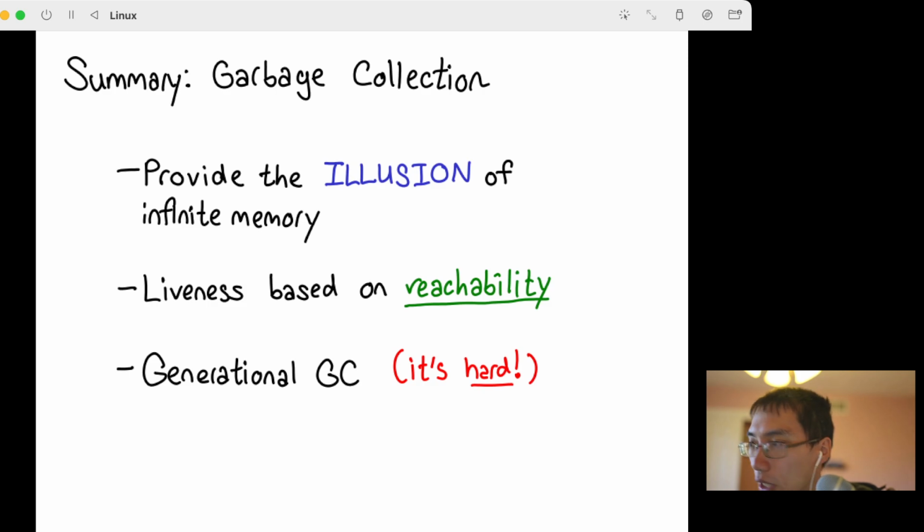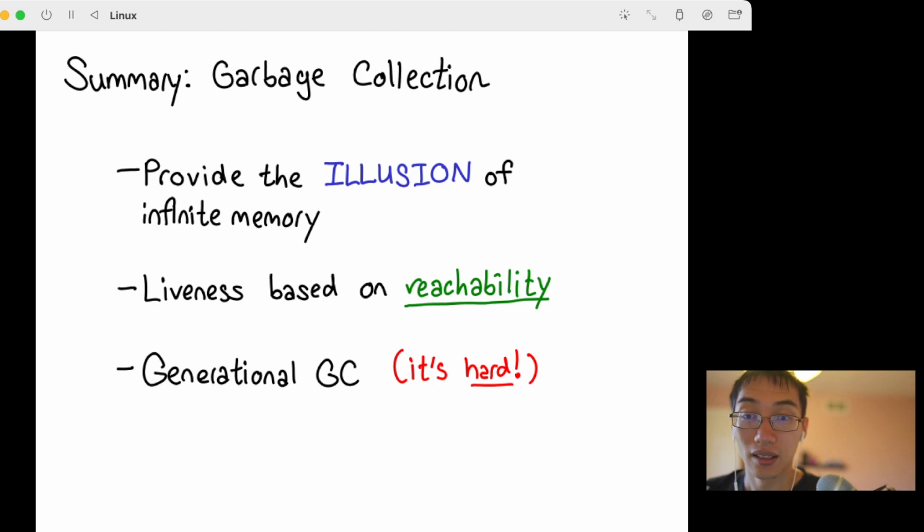So what you do is you just spend a lot of time garbage collecting the new stuff and you don't bother touching the stuff that's old. And that's cool and it's a cool idea, but it's actually quite difficult implementation wise to get this working correctly